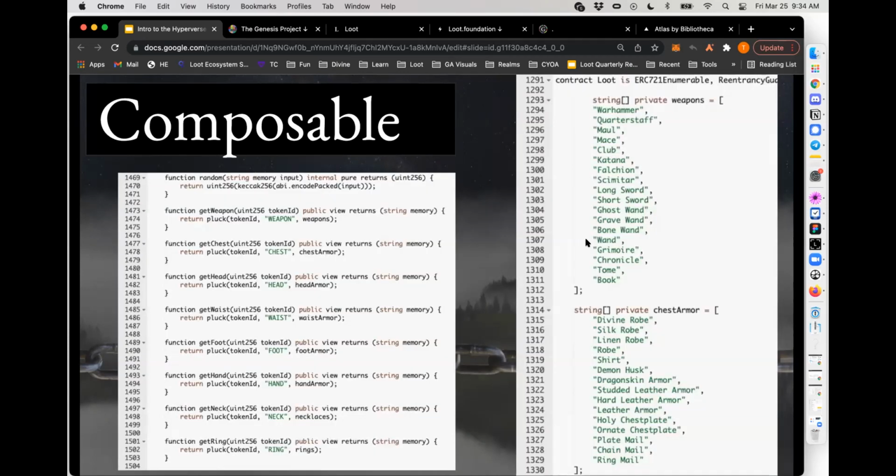You can look at the Loot contract, but the core of this is that there's some logic around deterministic but random assignment of items inside of a loot bag, and that given a loot bag ID 652, you can then pluck from the contract exactly what weapon, exactly what chest armor, exactly what helmet, exactly what waist armor, etc. comes from that specific loot ID.